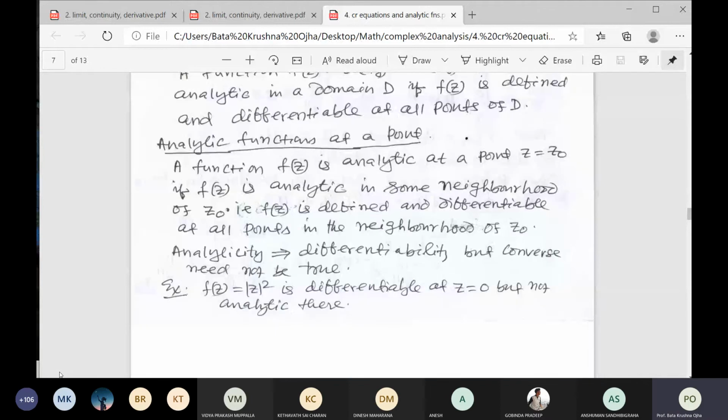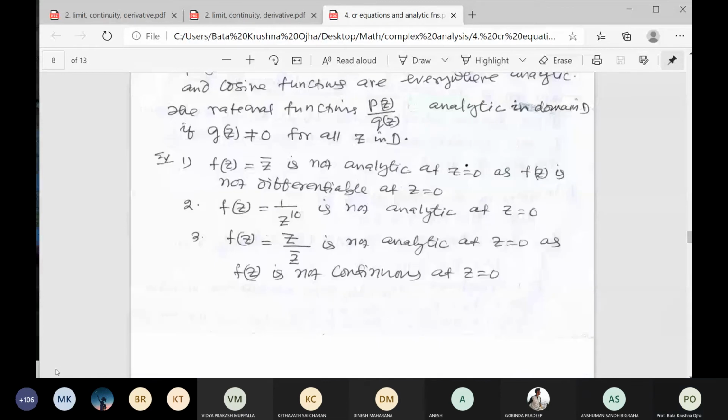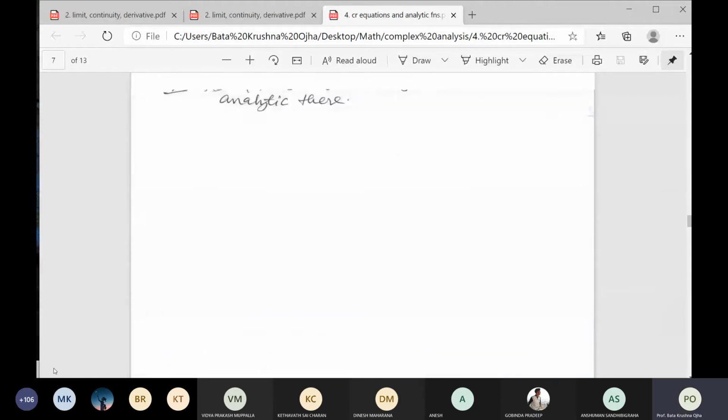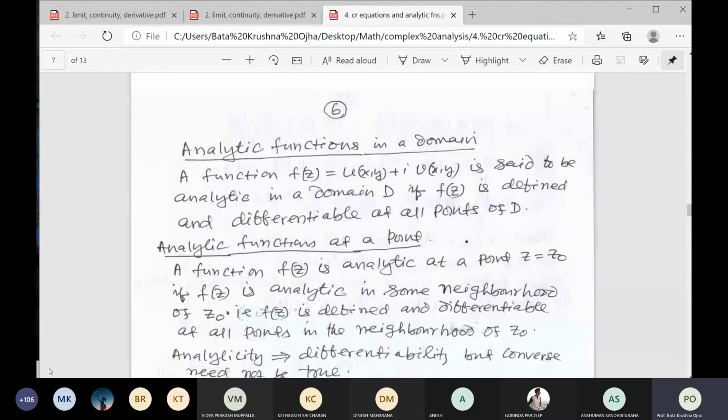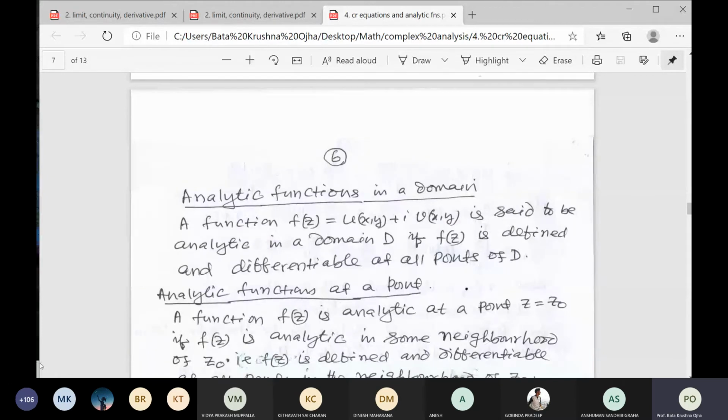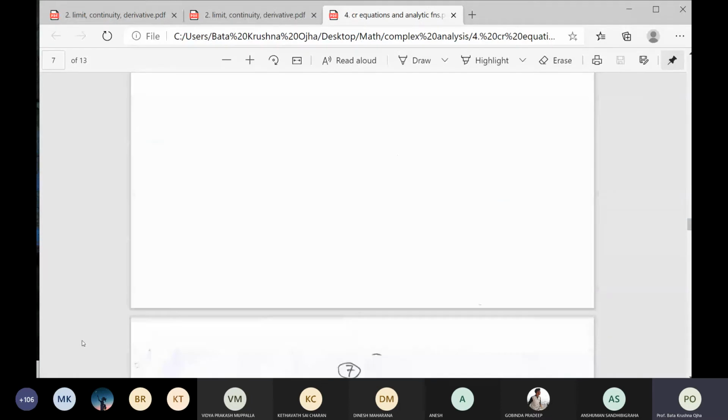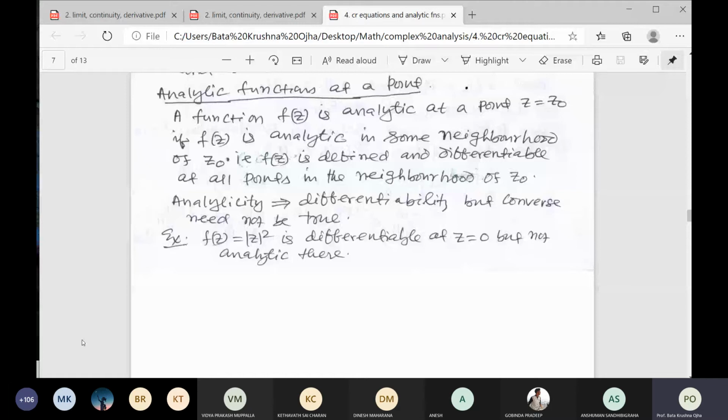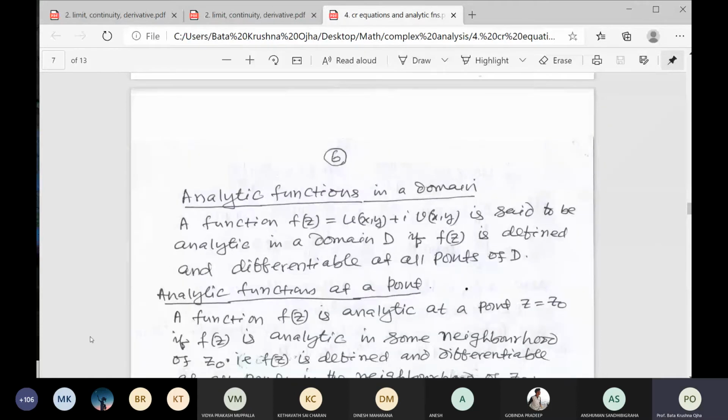So today, if you have any doubt, please discuss with me. Dear students, I have not progressed so much, so I think I will complete analytic functions next time. In your book, you have many questions: examine the CR equation and find the derivatives. At least you go through that. If you have any doubt from the beginning till now, you can discuss with me for 10 minutes.